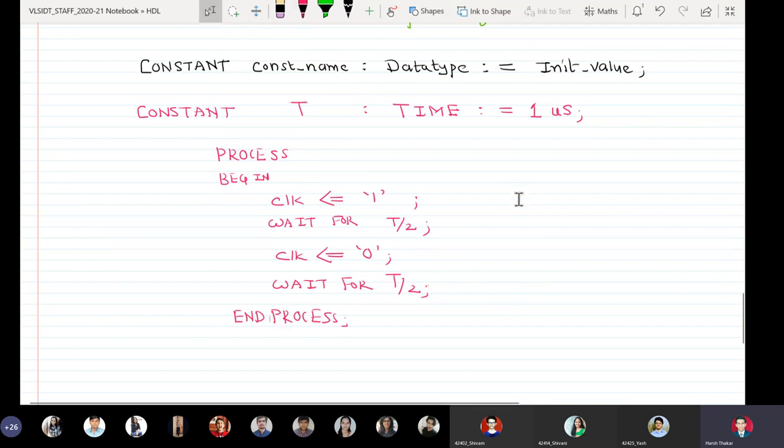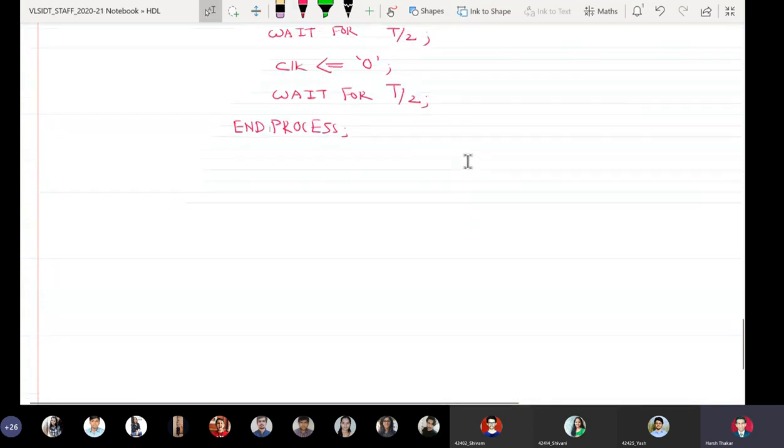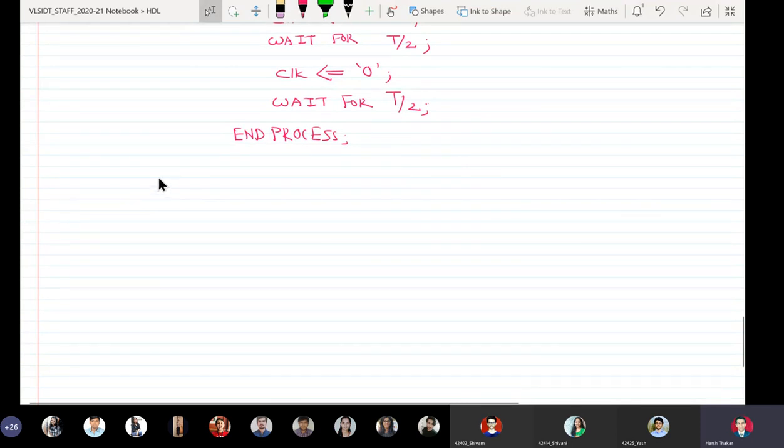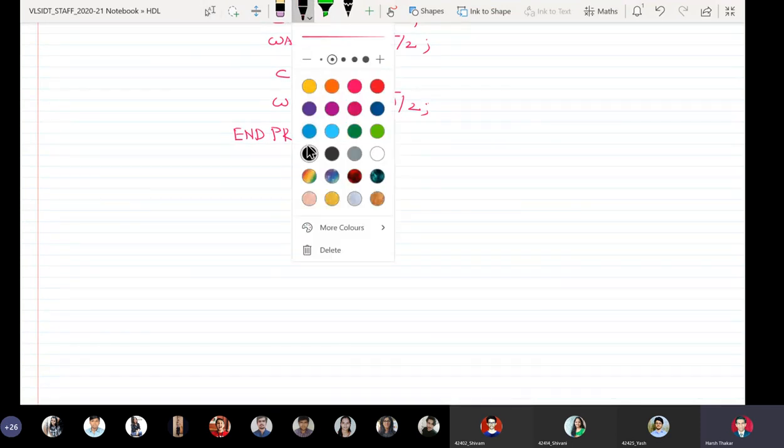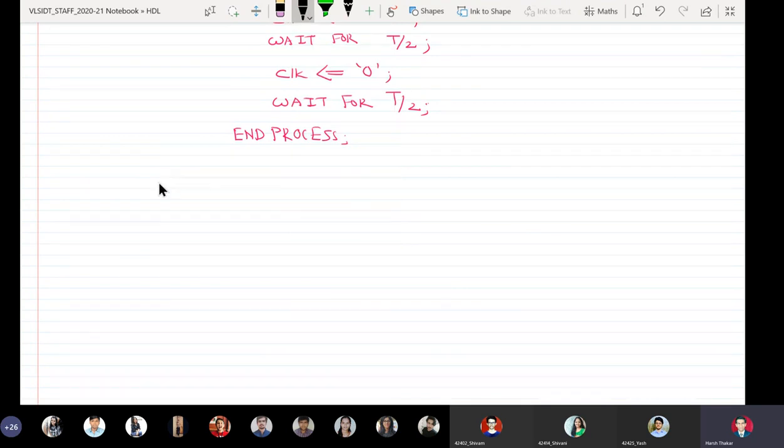Another example: suppose I want to directly write a process for generating a 1 gigahertz clock.